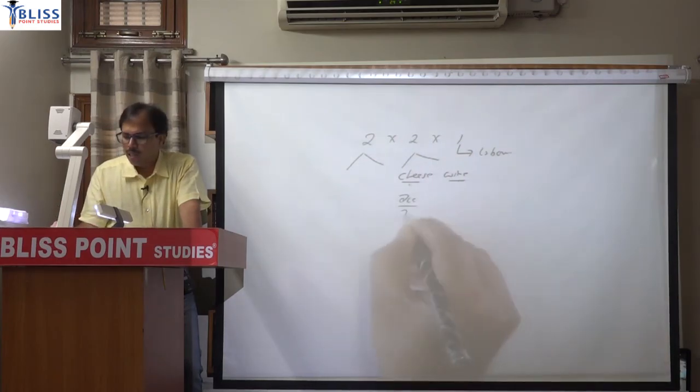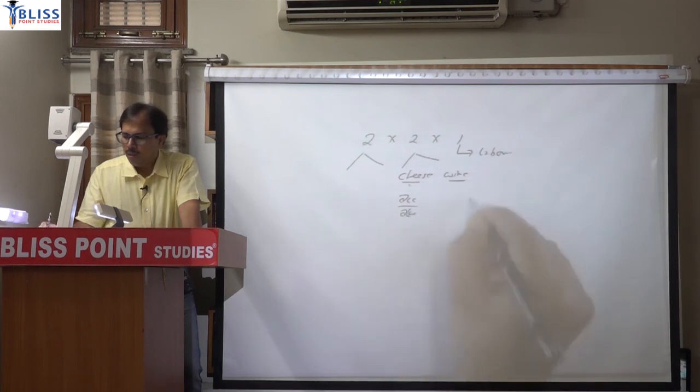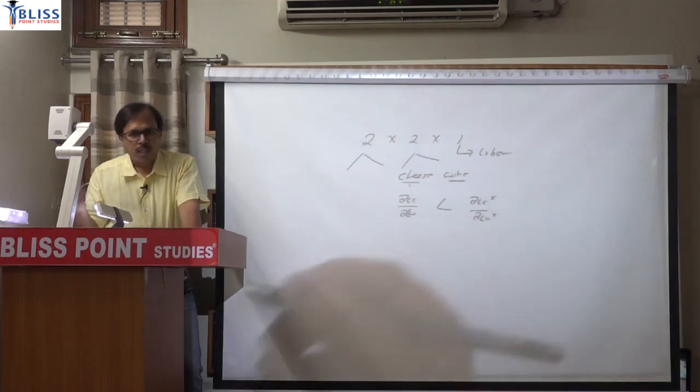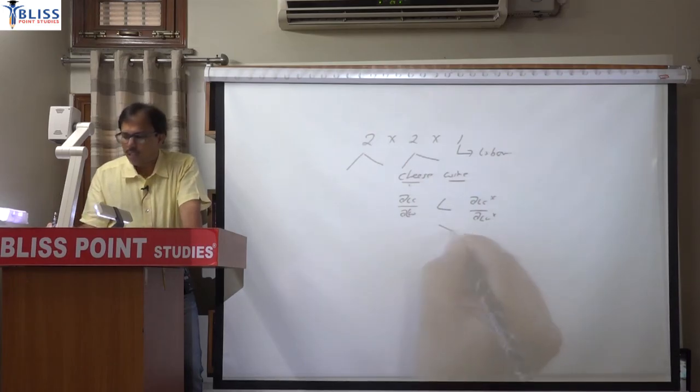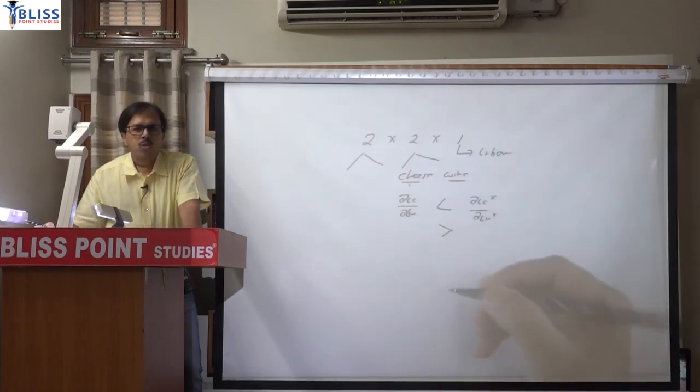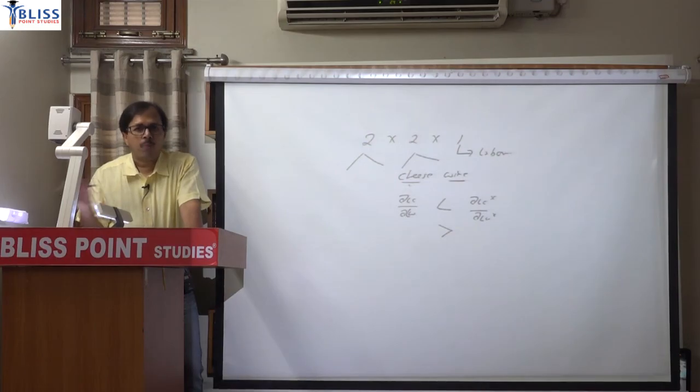actually ALC by ALW, you are comparing this number with ALC star by ALW star. So if you take the inverse, it will calculate opportunity cost of the other good. So if you take inverse, then equality will be different. So in a two product model, it is easier to explain trade, that in which product you will have comparative advantage, in which product you don't have comparative advantage. But